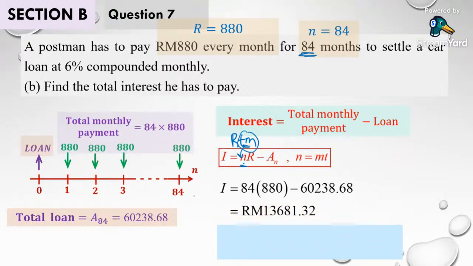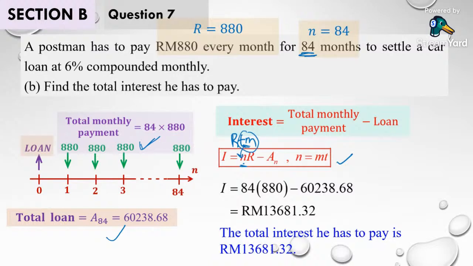If you try to check back the calculations on this interest formula, it's actually doing the same thing I told you: the total amount that you pay minus the amount of loan is the interest that is charged. You can see that it is actually the same calculation. But for simplicity, we derive our formula to solve directly. And therefore, this is the answer. Continue.